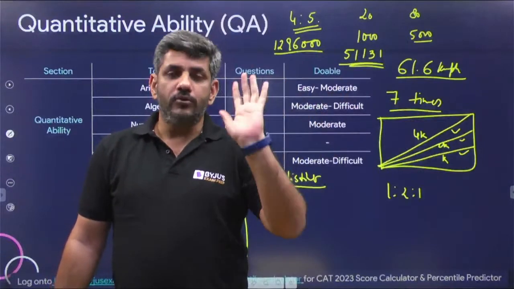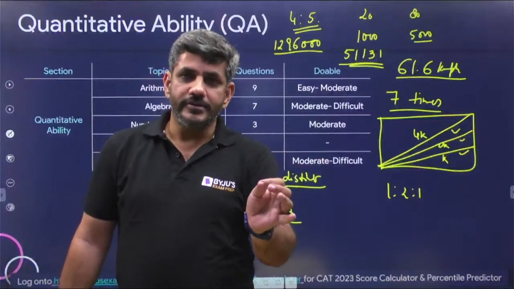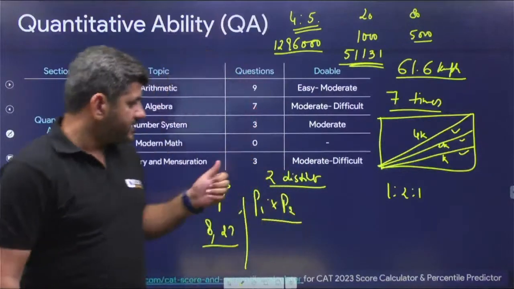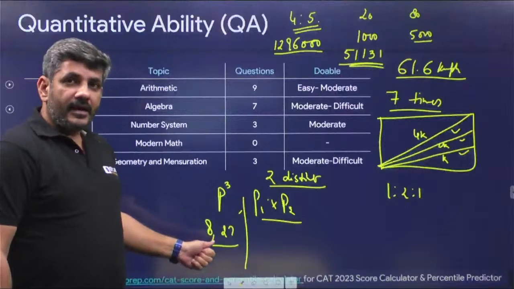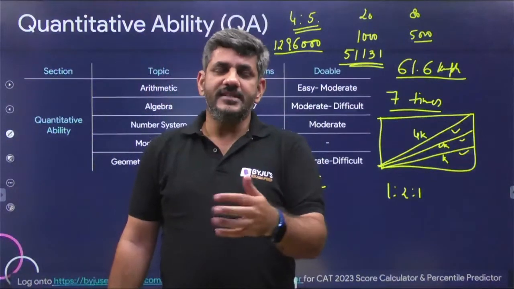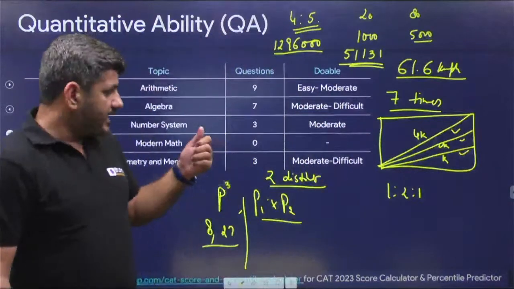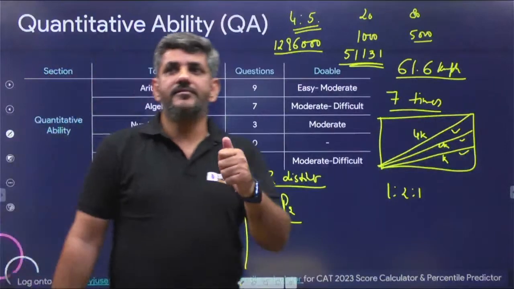3 into prime up to 13. So 3 into 5, 7, 11 and 13. और उसके अलावा 5 into 7, and apart from that there are two more numbers which are the cubes. 8 and 27. 8 has two factors apart from 1 and 8, that is 2 and 4. 27 has two factors apart from 1 and 27, that is 3 and 9. So therefore the correct answer for this question is 15.